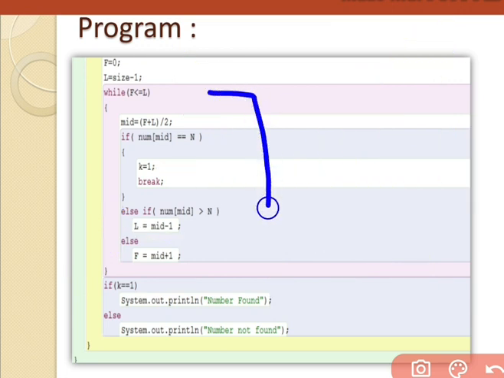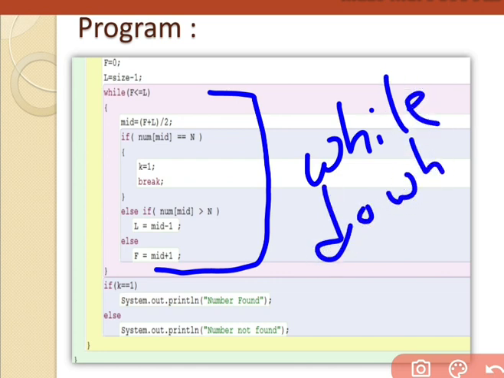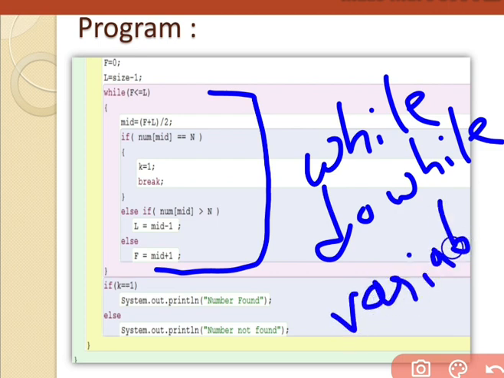I've written all these things, and we have to do them again and again. We don't know how many times we have to do it, but we have to do it. When we don't know the exact number of comparisons we want, then we have to move towards a while loop or a do while loop. Anyone, because it is a variable loop, meaning not fixed, and our situation is not fixed.